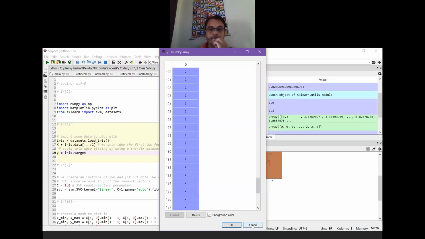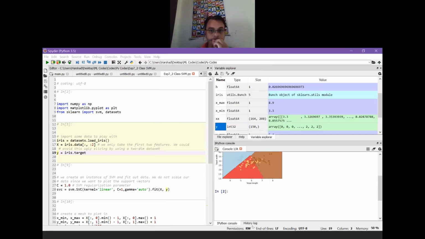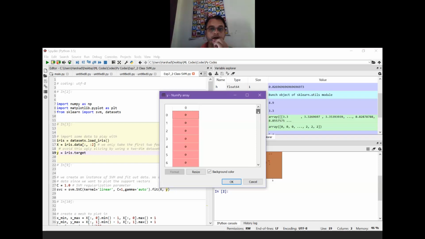May I know what it indicates? I'm expecting the answer from your side. In y, the values 0, 1 and 2 are shown. Anyone? Manisha is saying that these are the classes.